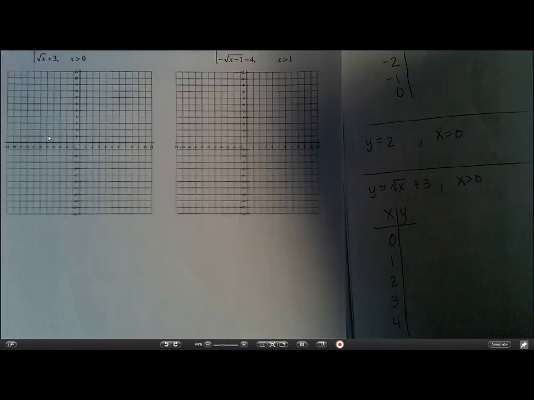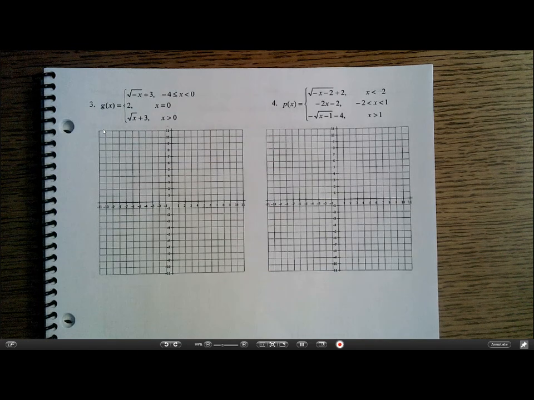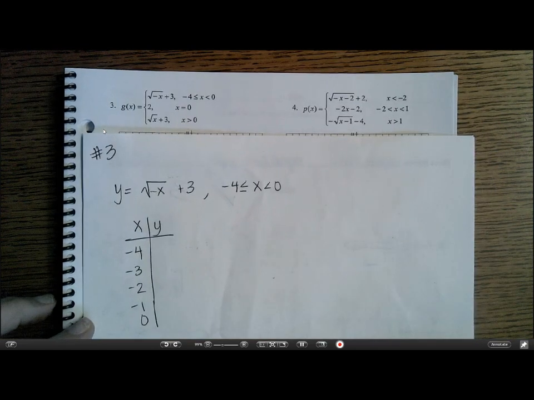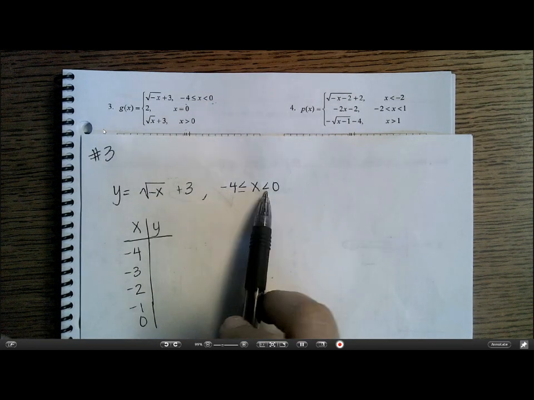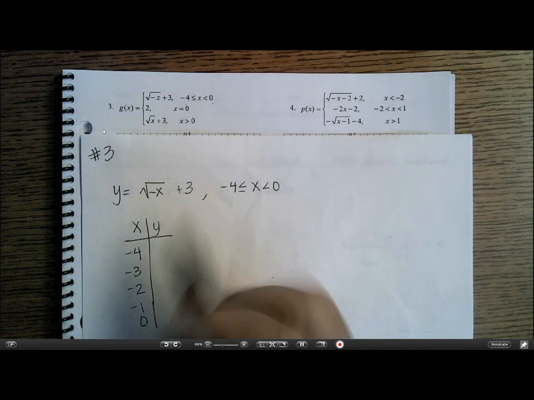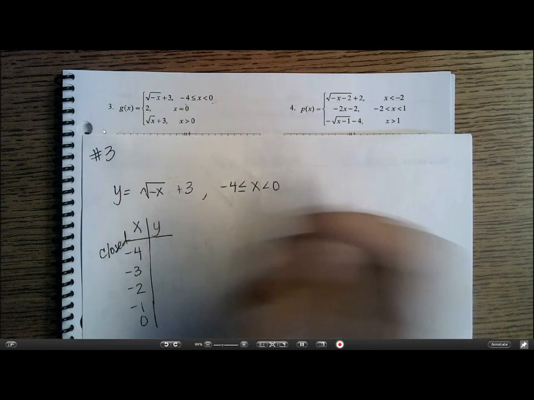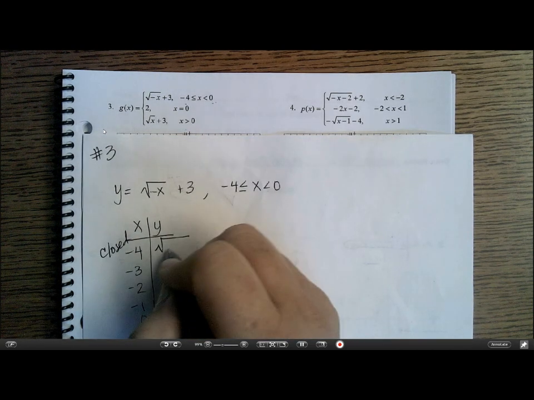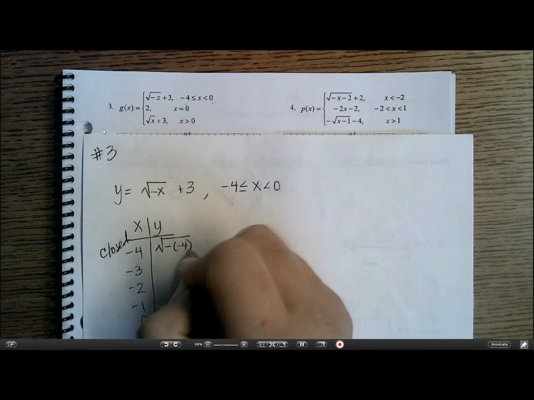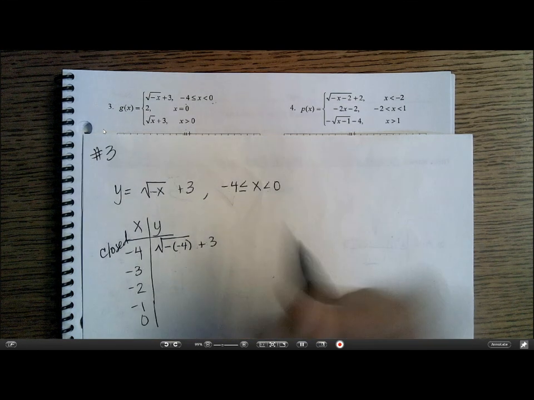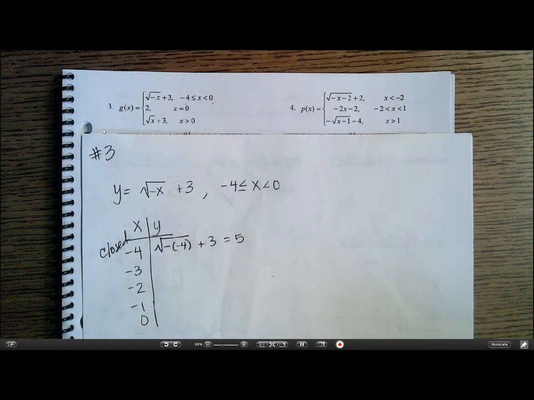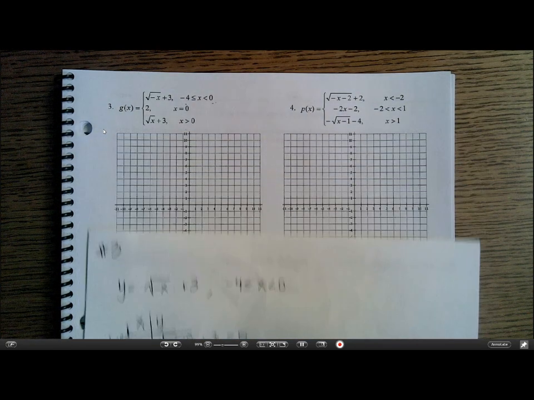Let's take a look at number 3. And again, what we want to do is organize our table according to the domain. So I've got from -4 to 0. The -4 is going to be closed, and then we just evaluate. So we've got the square root of the opposite of -4, and then we're going to add 3. So that square root of 4 is 2. 2 plus 3 is 5. So I've got the point -4, 5,